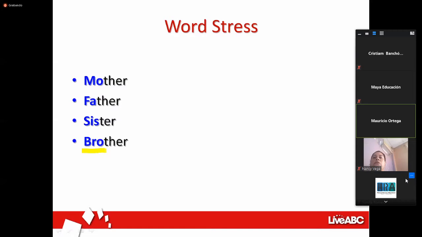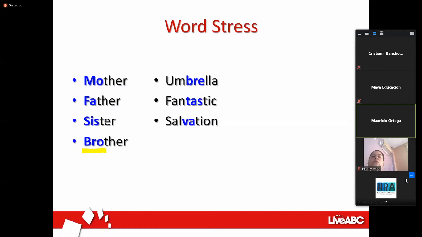Syllables. What happens with three syllables? You don't say umbrella. You say umbrella. Fantastic. See where the stress goes. If you have a question, you can see the pronunciation code. If you don't want to see the pronunciation code, which is going to be a real shame, you can always